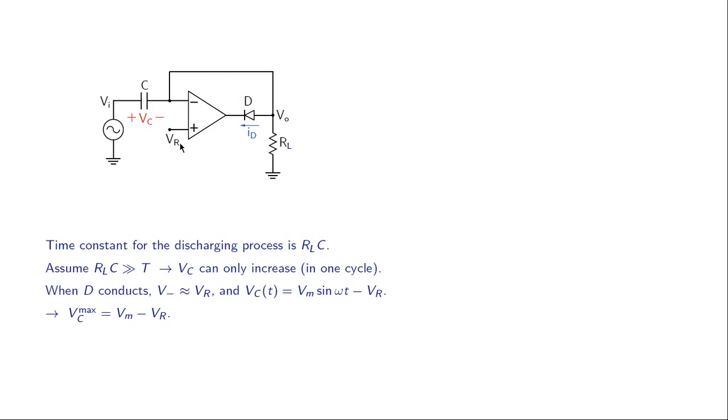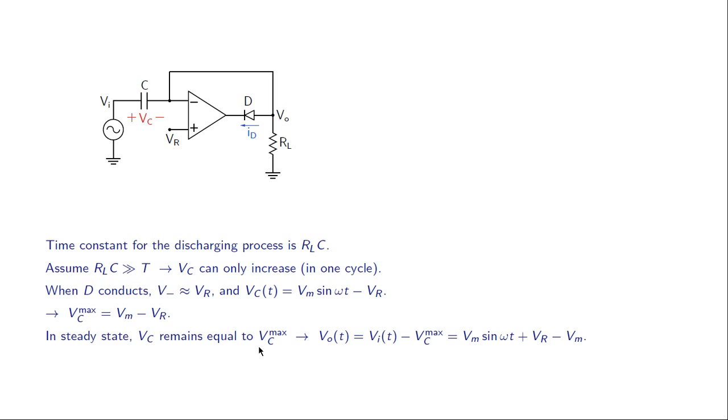And the capacitor voltage in that case is Vi minus VR, that is Vm sin omega t minus VR. And the maximum value of Vc is simply Vm minus VR. So Vc max is Vm minus VR. When the capacitor voltage reaches this maximum value, Vm minus VR, it cannot decrease as long as this condition is satisfied, and therefore in steady state Vc remains equal to Vc max, and the output voltage is then given by